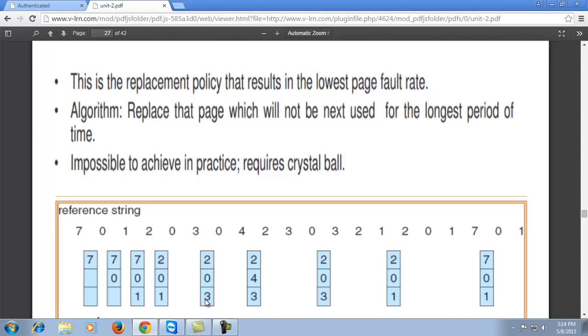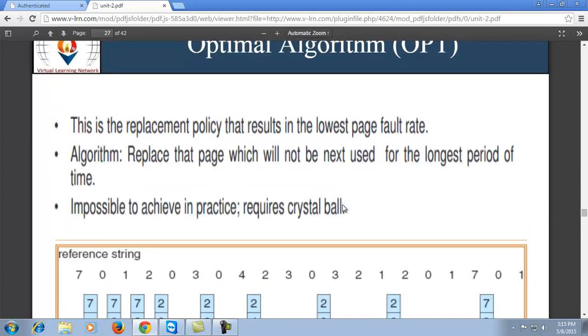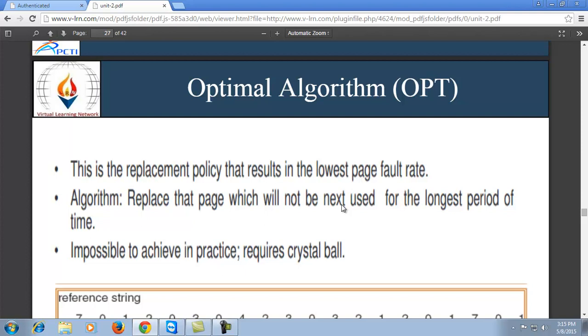Now start from the beginning, 0 with this, and next is 4, which is replaced with this because it was just placed. The next one is 2, which is already here, then 3 already here, then we have to replace 0 with 4. The same sequence follows till the end for the optimal algorithm.